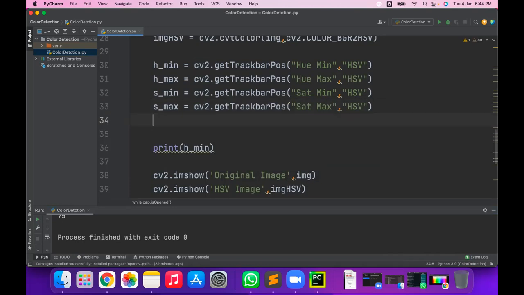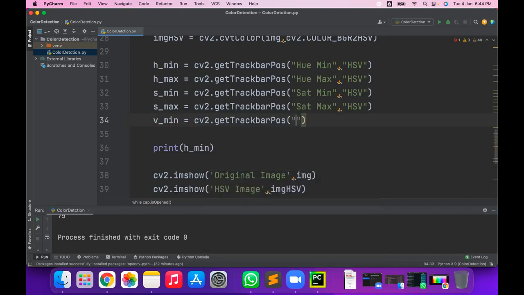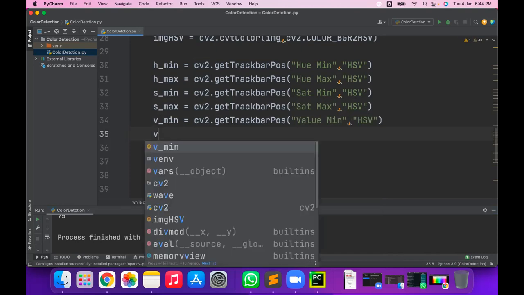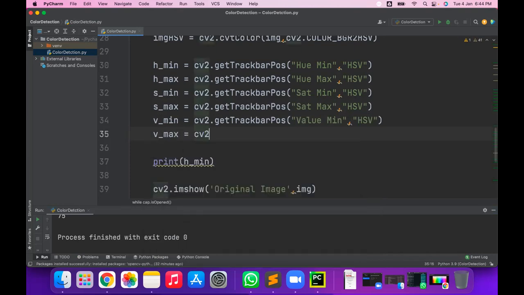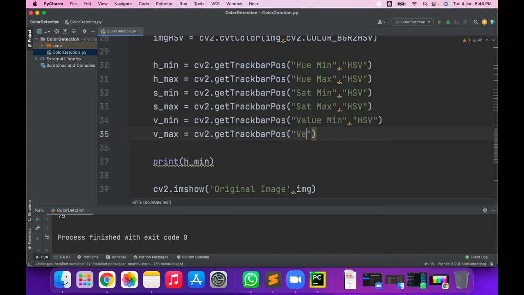Then V min is equal to cv2 dot get track bar position, and value min, HSV. Next one is V max is equal to cv2 dot get track bar position, and value max comma HSV.